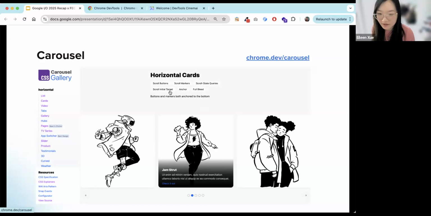The 3 main things they added were the scroll buttons, pseudo elements, and scroll markers. Scroll buttons are the 2 arrow keys, left and right. Well, it doesn't have to be left and right, but it's usually the navigational elements. And then the scroll markers are like the dotted menu at the bottom of the carousel. But then, as you can see here, sorry, I'm going to show you some demos. It makes more sense once I show you the different examples of carousels.